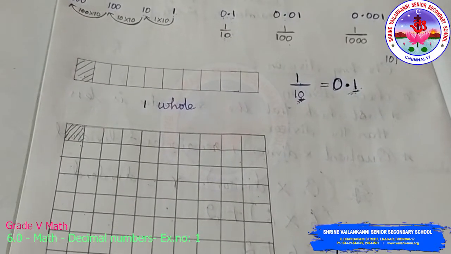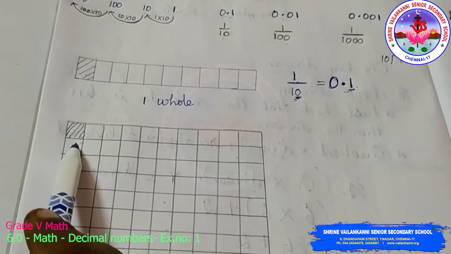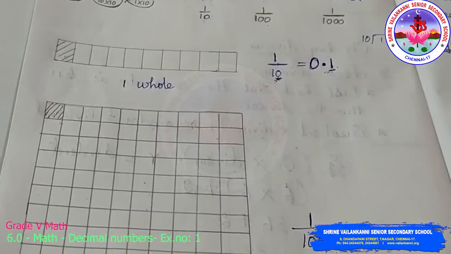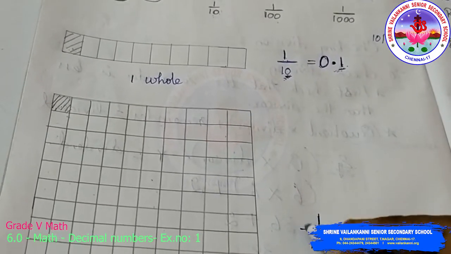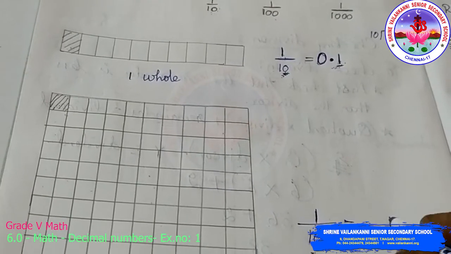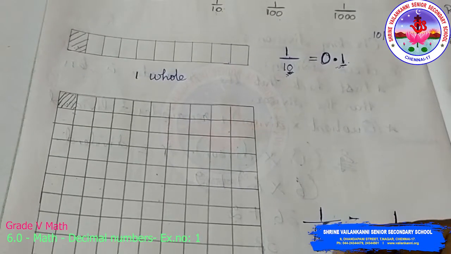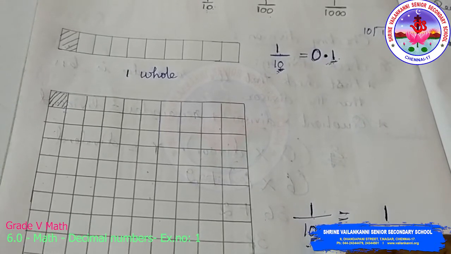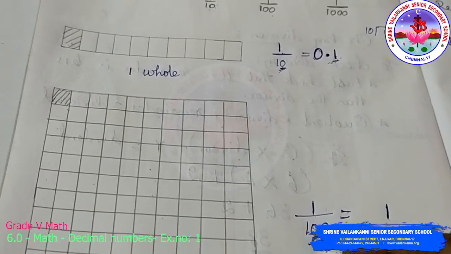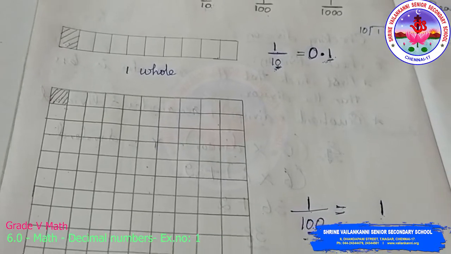Okay, so when this hundredth is shown as a fraction, after this I am going to show you the decimal number without doing division. First I asked you to write the numerator as it is. So whatever is in the numerator, write it as it is. Now look at the number of zeros in the denominator. You have 2 zeros in the denominator.